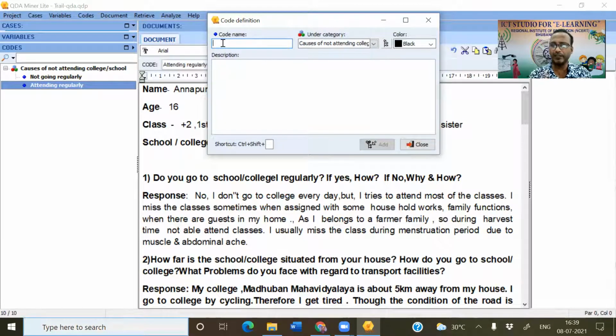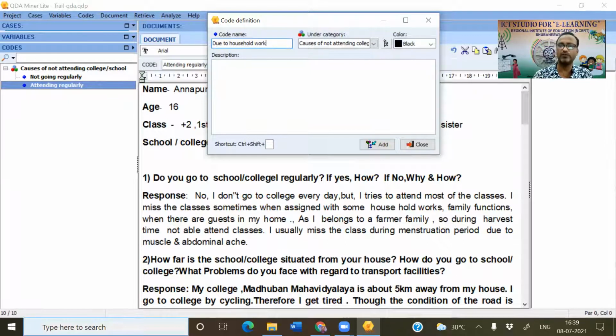Suppose there is another code, like due to household work. Due to household work, he or she is missing school or college.